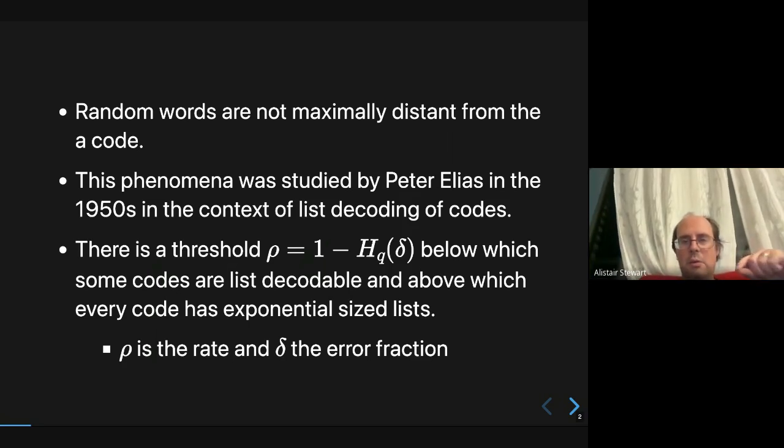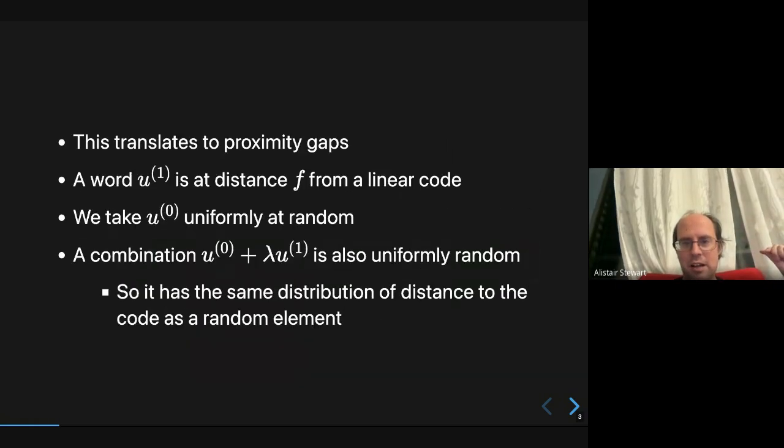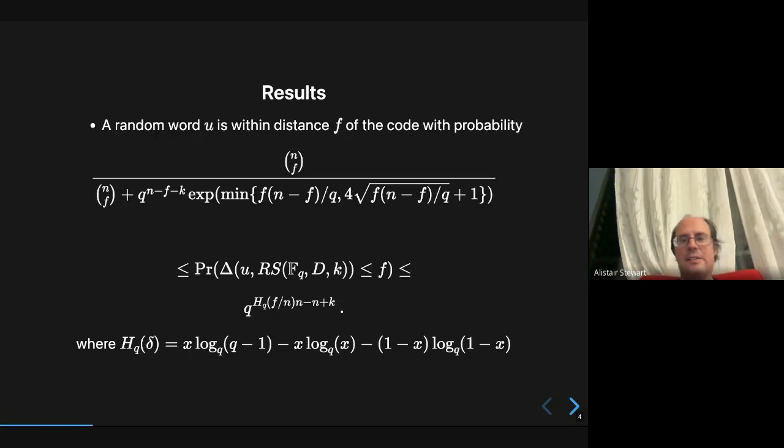And most of what we're trying to do here is to argue that this behavior for list decoding also happens for correlated agreement and these proximity gaps. And just like Ben and Angus, we showed that the proximity gap fails if the chance of a random word being close to the code is too high. So we just need to get the random code. Here is our result for a random word at different f. Our f is their z. We get a complicated expression,